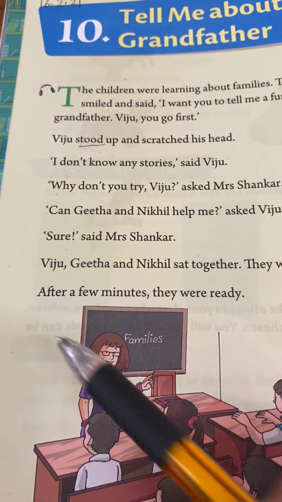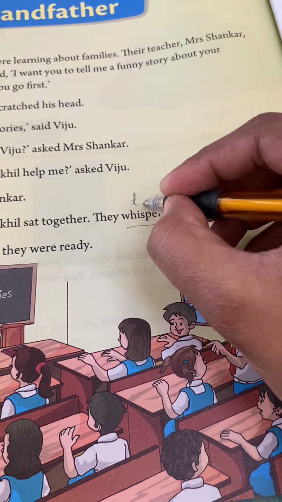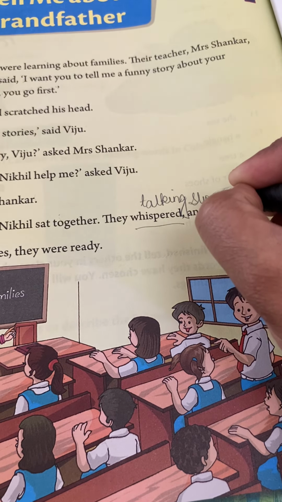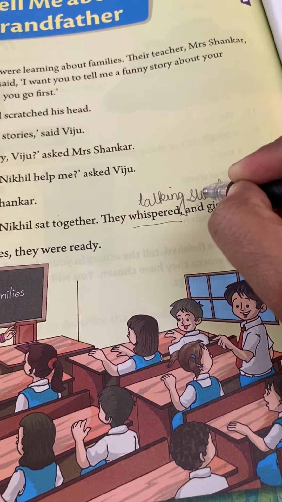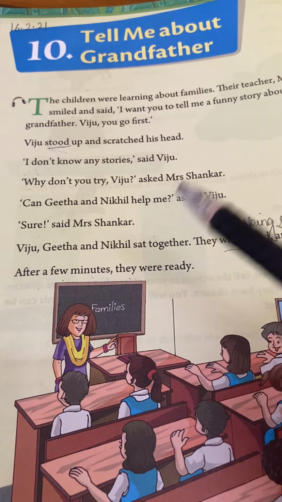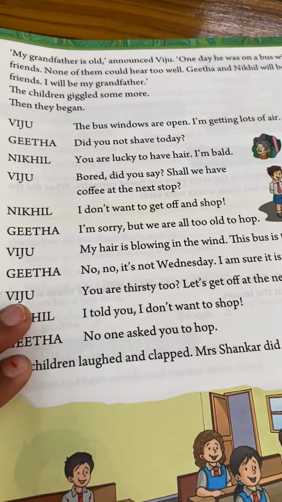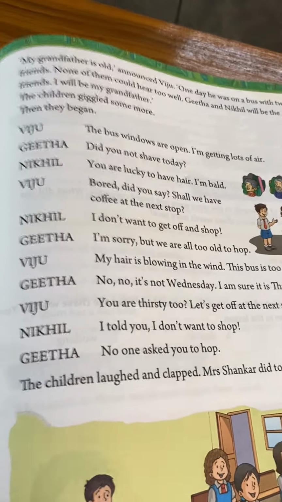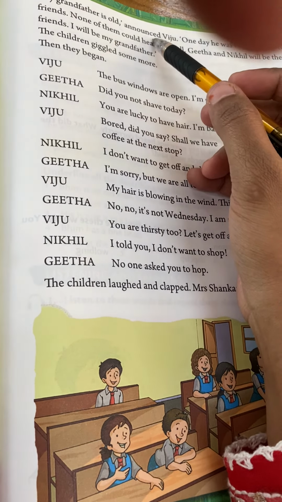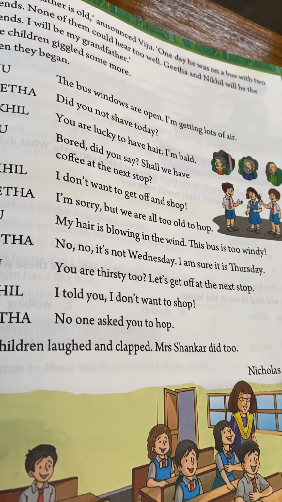Whispered is talking slowly. After a few minutes, they were ready. Now let's see what is the story that they have cooked up. "My grandfather is old," announced Viju. "One day he was"